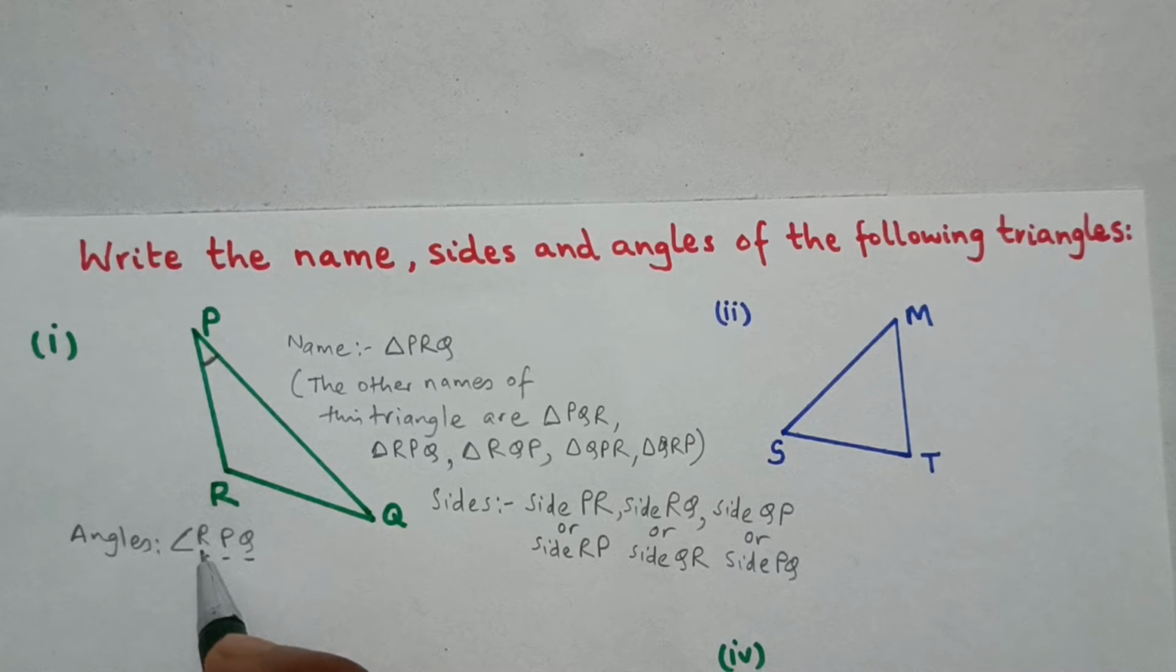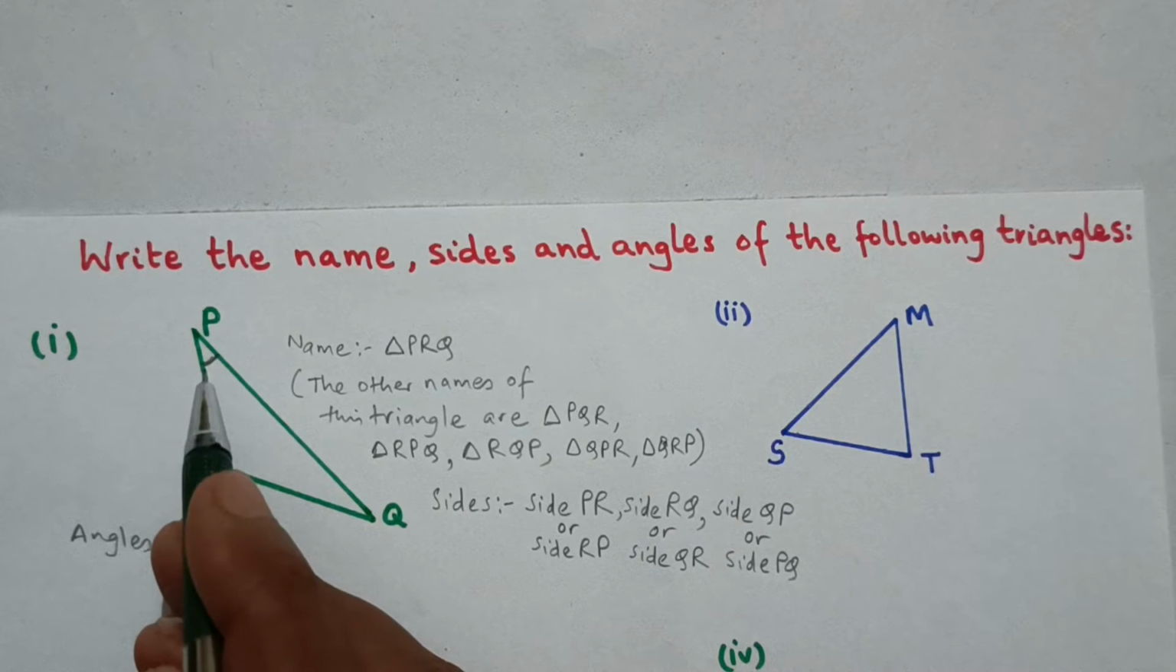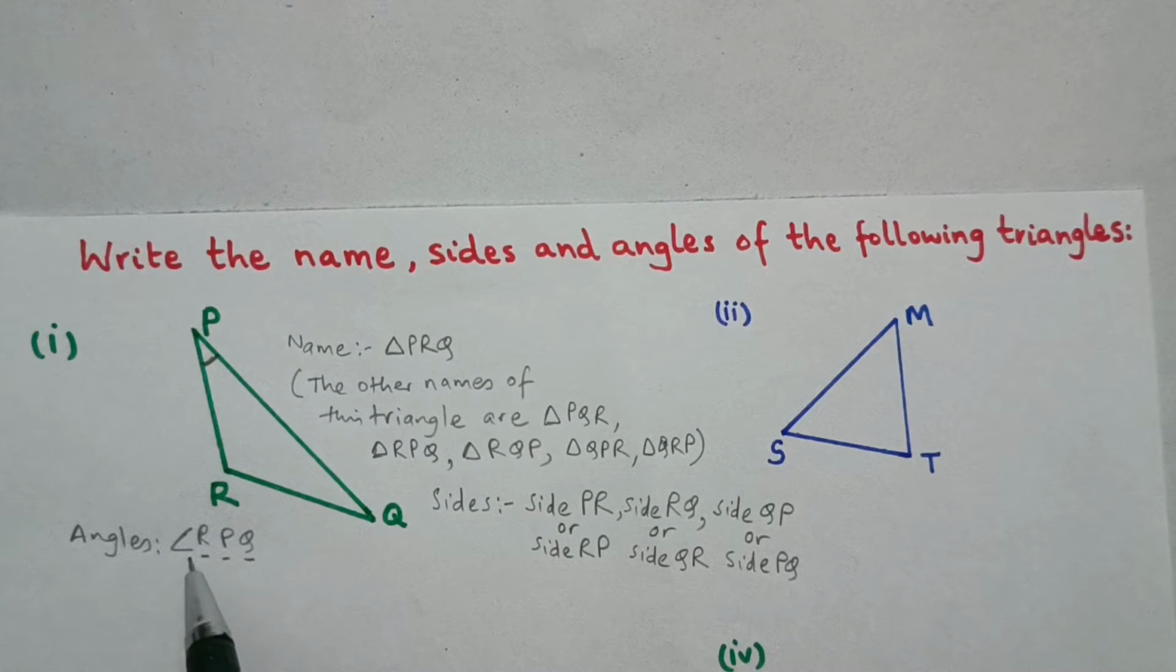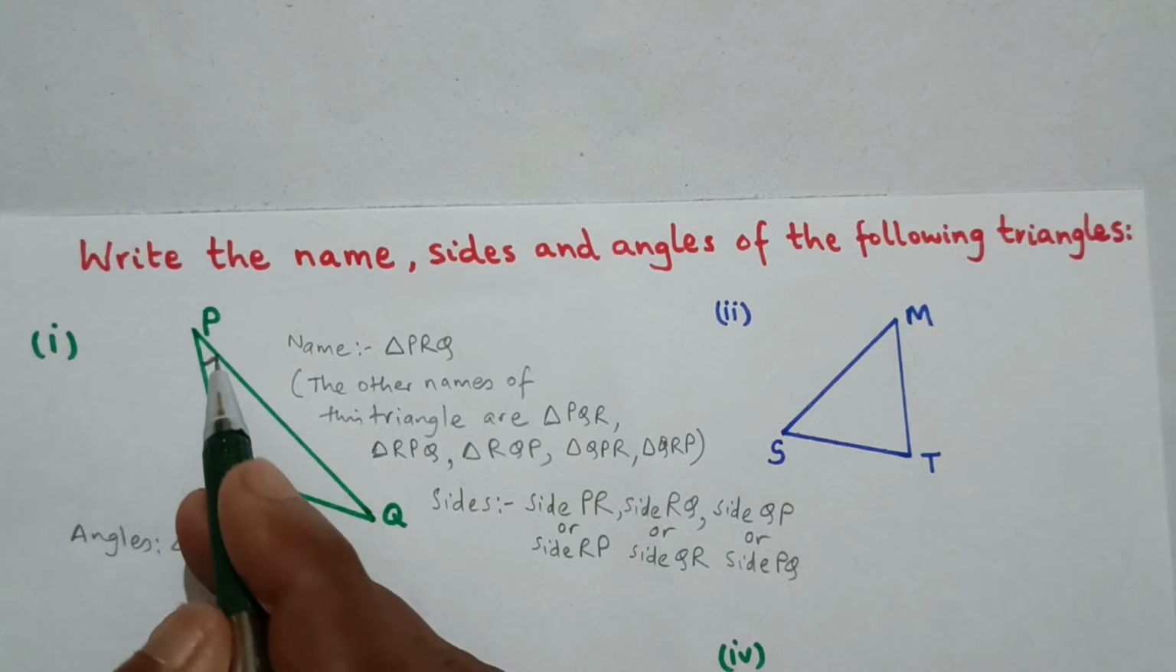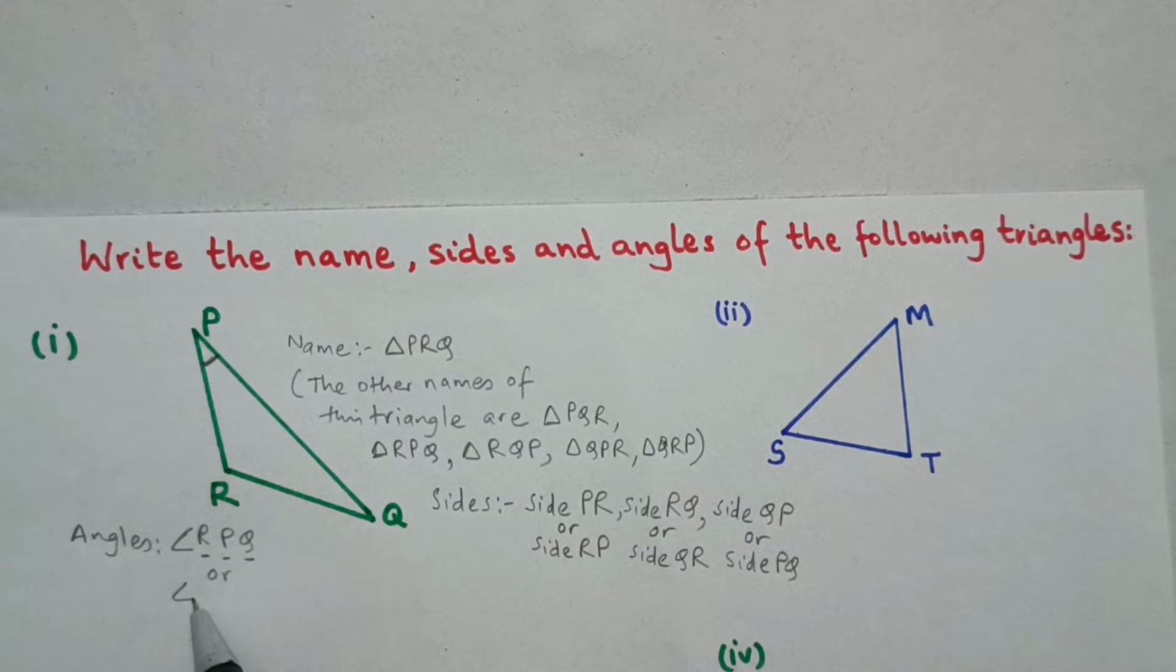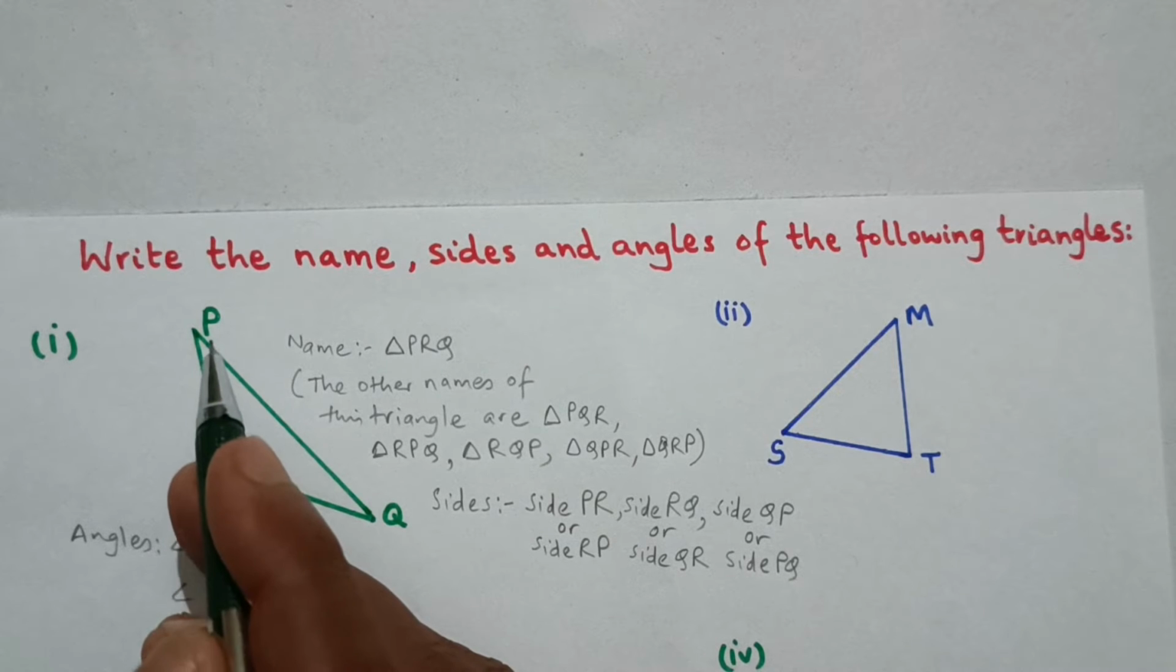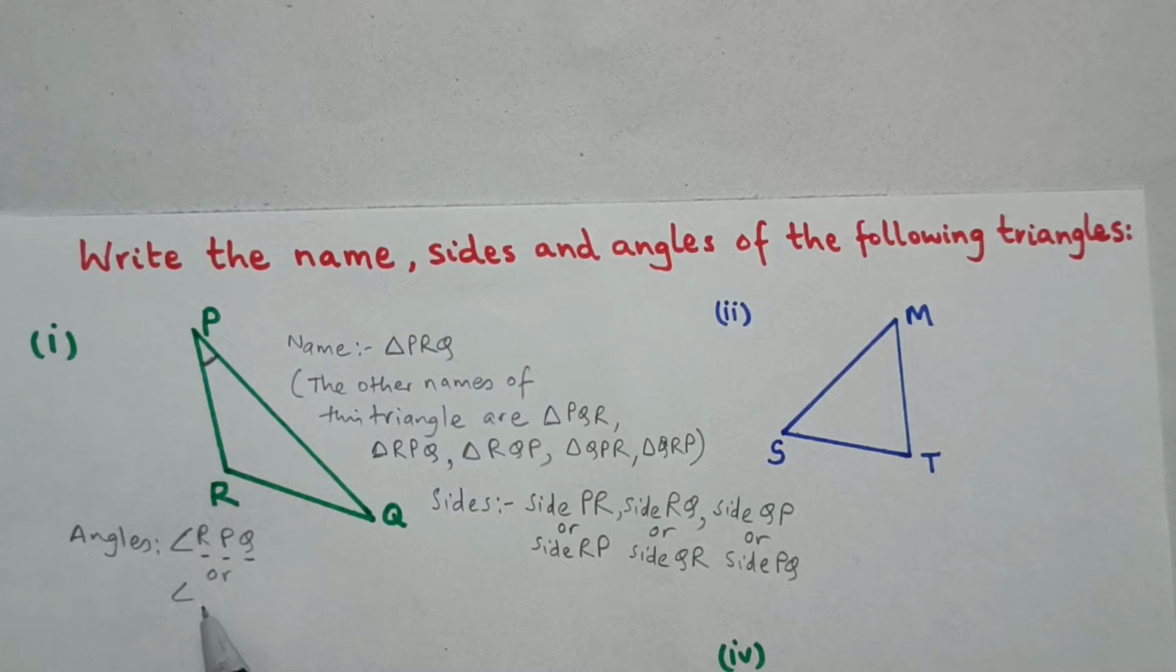You can write Q over here or R over here. Both will represent this angle. So this angle is angle RPQ, or you can say the same angle, you can name it as angle. This angle is formed at the corner P. So out of the 3 alphabets,